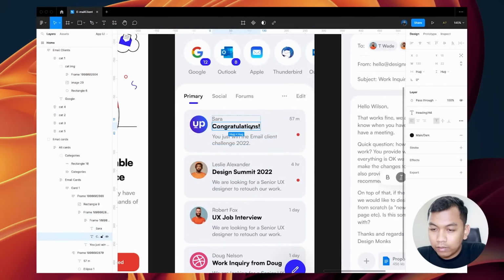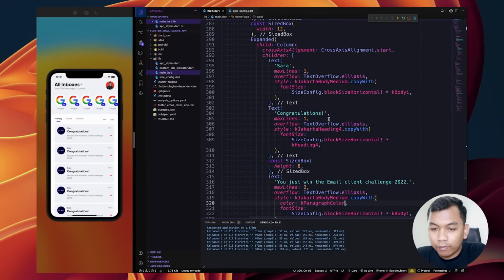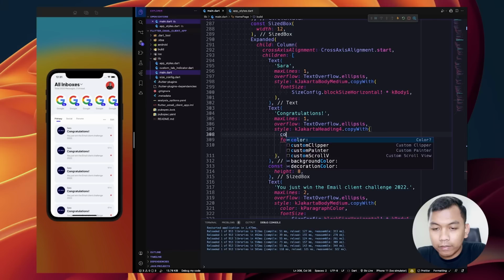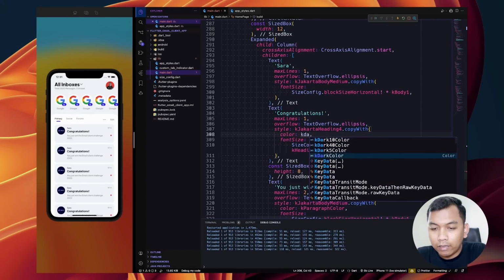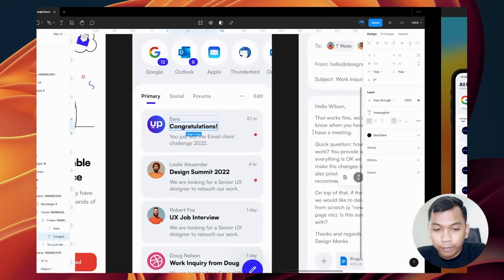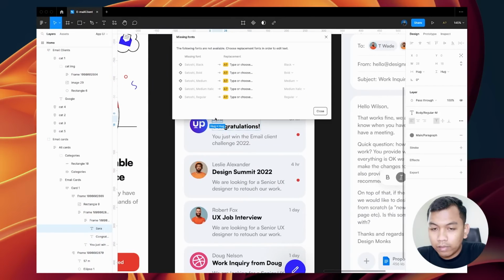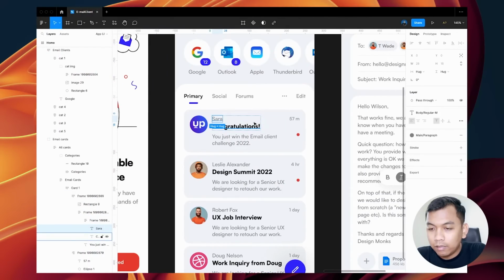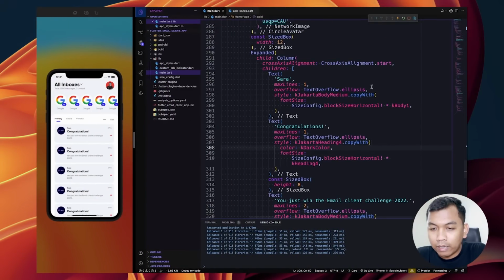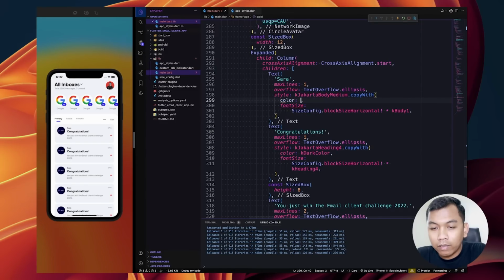And this K dark for email subject, K dark color. And for email sender, also K paragraph color.